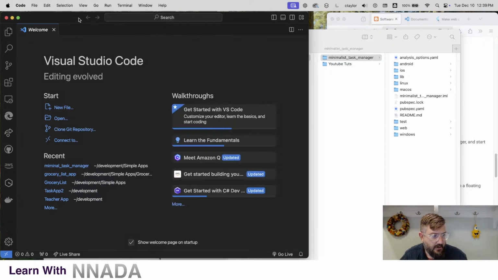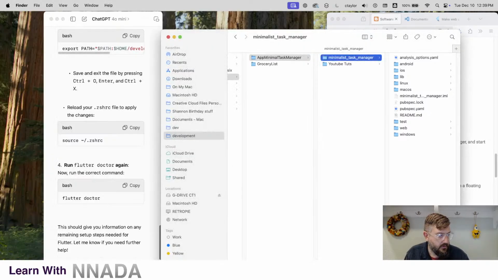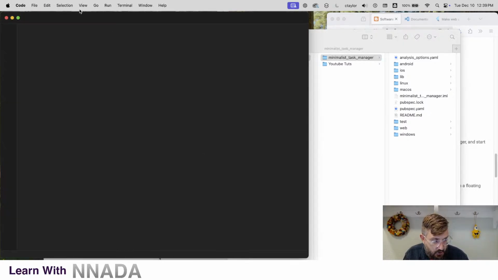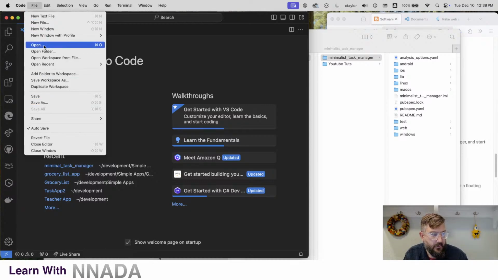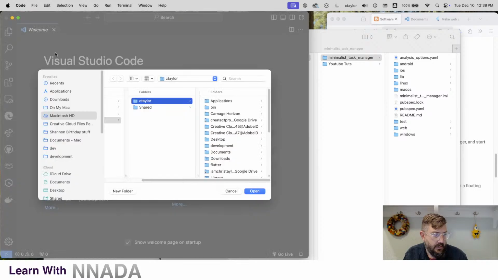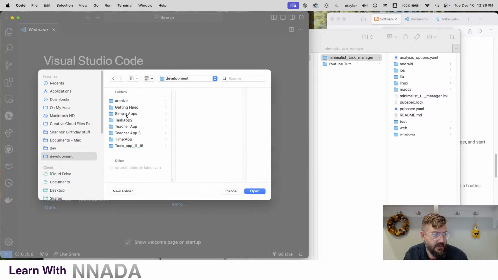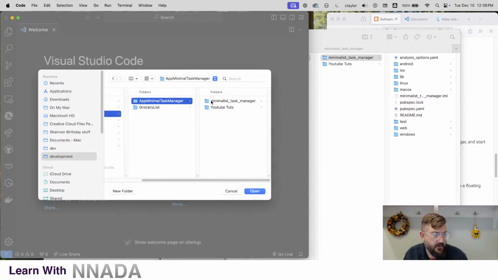Now that we've messed up code, we can close it. We can open it. I can show you how to get back to your stuff. File, open folder. How did we get there? We're going to go to development again and go to the folder we were just at. So in case you start doing silly things,